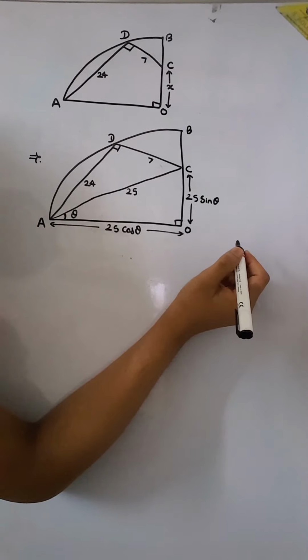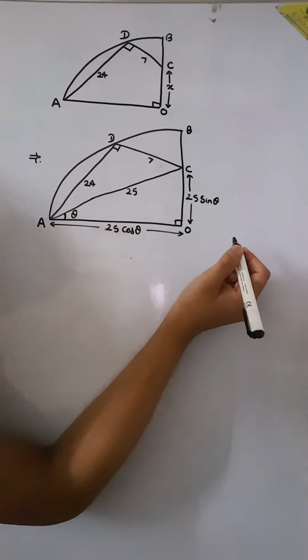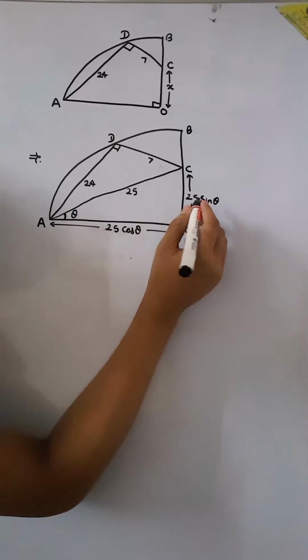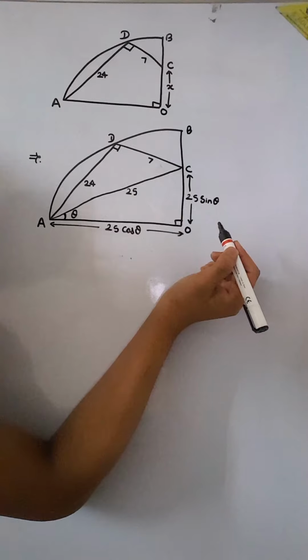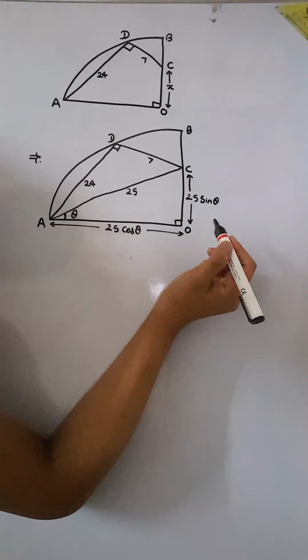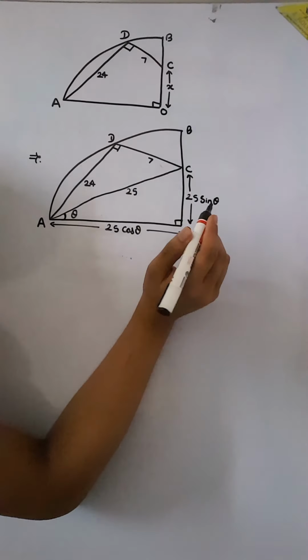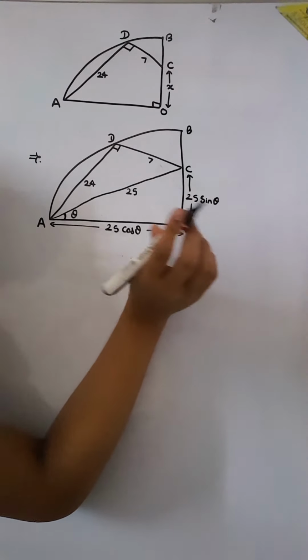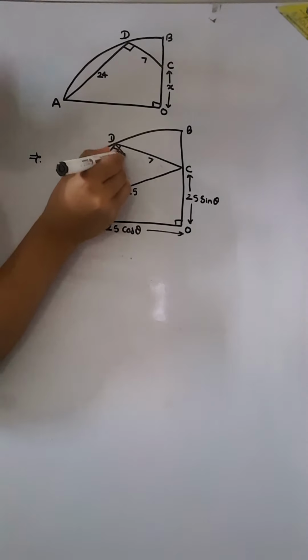Now what we can do here is this is 25 cos theta, this is 25 sine theta, and this is one area which we need to calculate in this case. So there's one theorem which we can use straightforwardly and get the answer. If we connect D and O,